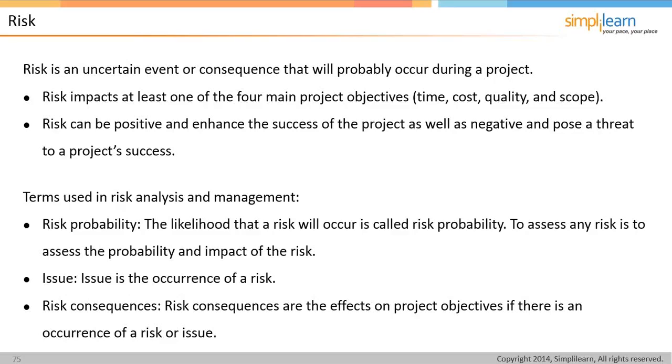the project's success. Something that you ought to be doing as a project leader throughout the course of the project is looking at different elements of it to assess the risk for work being done. What's the probability or the likelihood that a risk will occur? It's a probability, it's called. To assess any risk is to assess the probability impact of the risk. Something that you'll want to work on with the team as you think about it and maybe